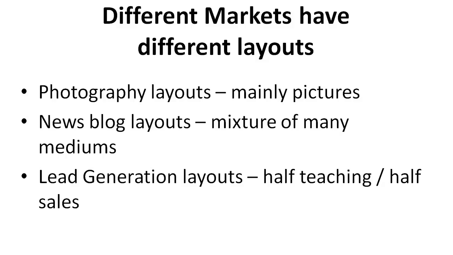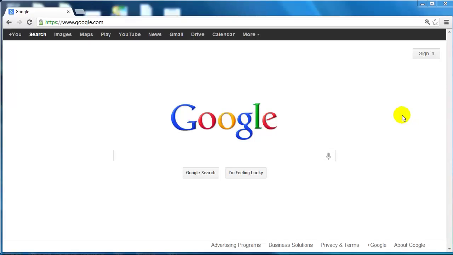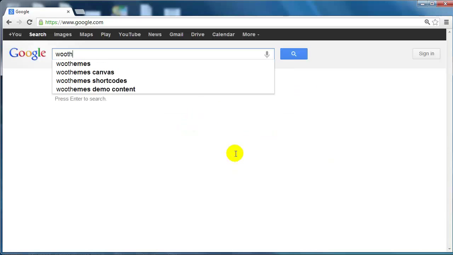So you want to keep in mind, okay, what is my layout going to look like? But not only that, what kind of mediums, video, pictures, text, what kind of features will it actually have? If you have a better idea of that, then creating your WordPress layout is going to be super easy to do. So at this point, what you want to do is simply go to premium WordPress theme sites or free theme sites and just take a look around and get an idea of the layouts that you really like and that fit your niche. And some of them can be like WooThemes.com,